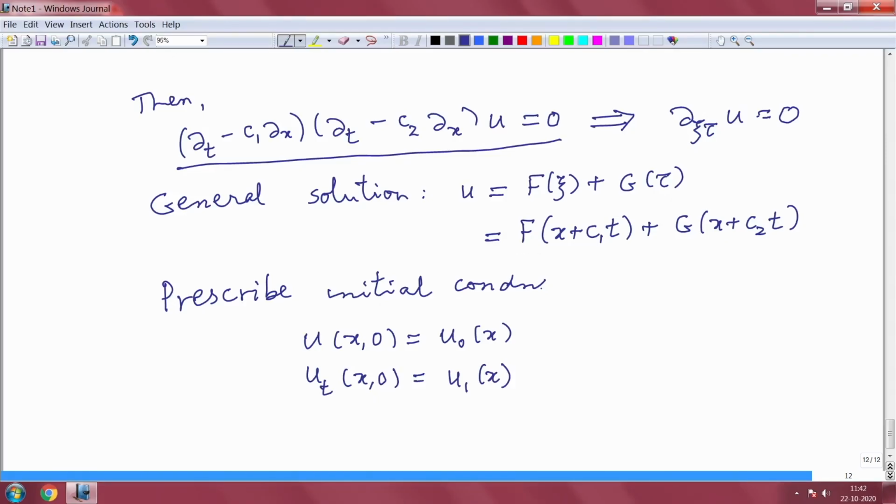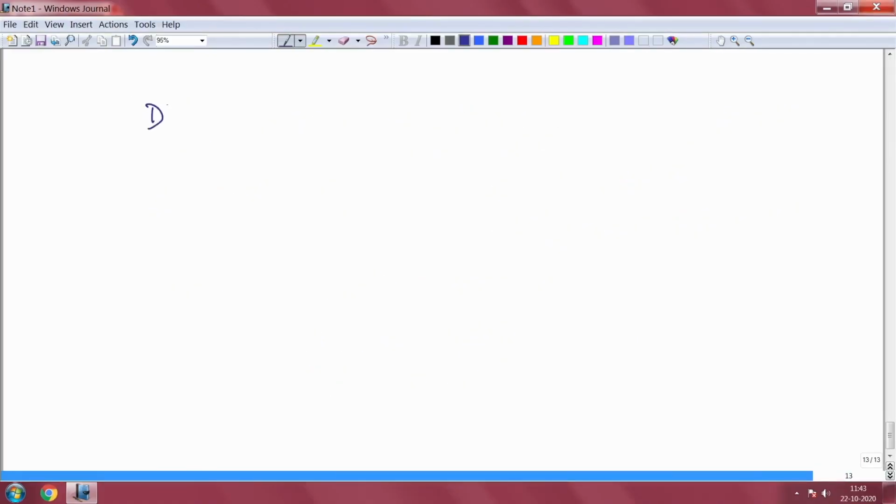So, I am omitting some computations, but they are easy ones, just like we did for the D'Alembert's formula. This generalizes to